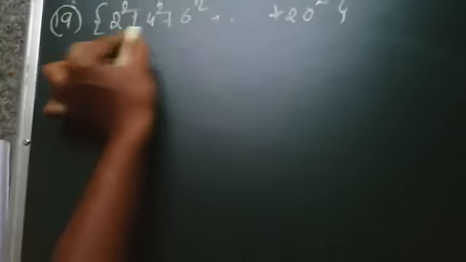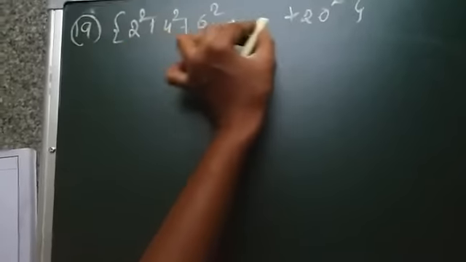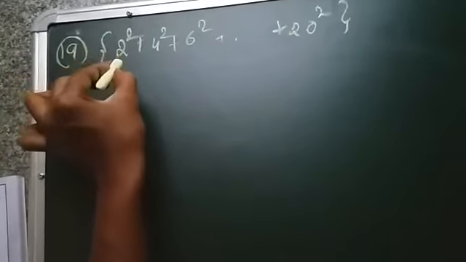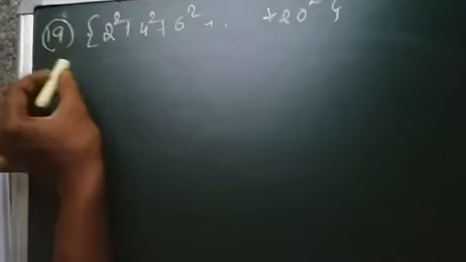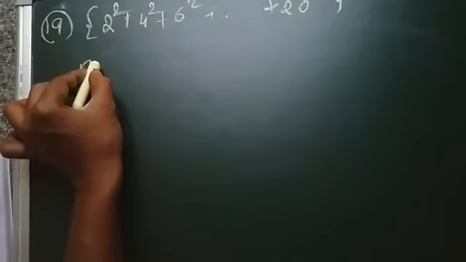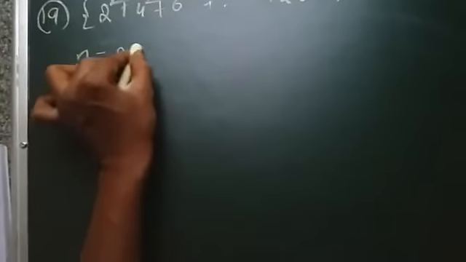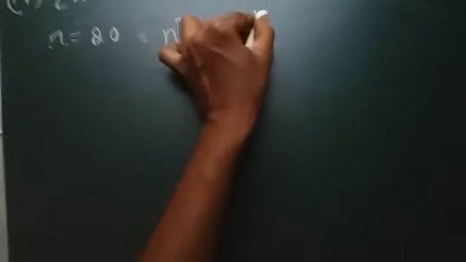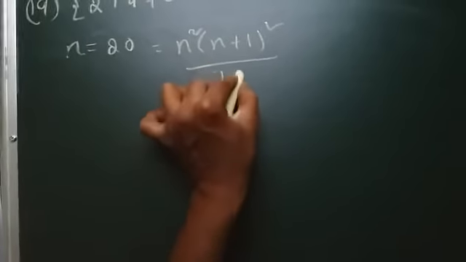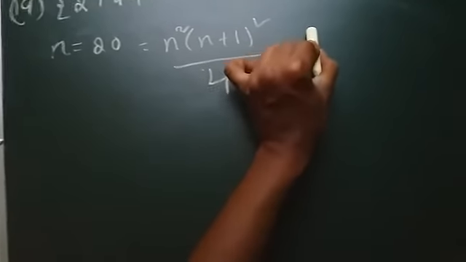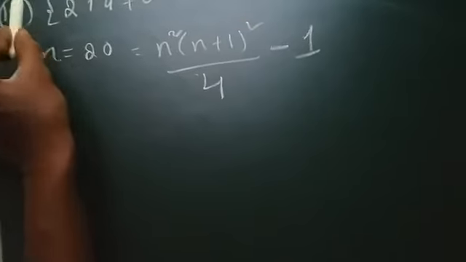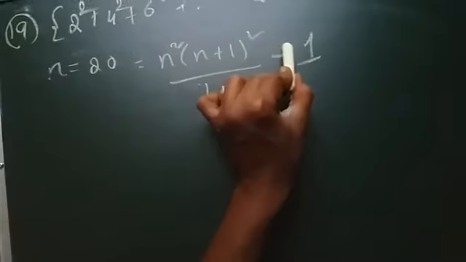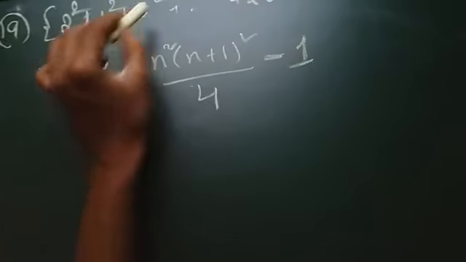See the next question, that is 2 square plus 4 square plus and so on n square. Observe carefully, here the sequence is starting from 2, that is not starting from 1. So here you have to consider n equal to 20, that is n square into n plus 1 whole square. If you substitute n value as 20, you have to subtract 1 because you are considering from 1 to 20, but the sequence is from 2 square. You have to subtract 1, you will get the final answer.